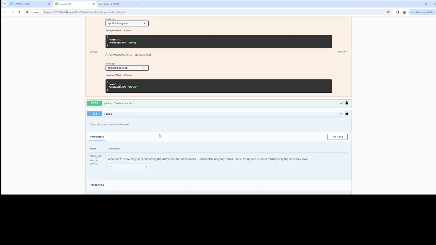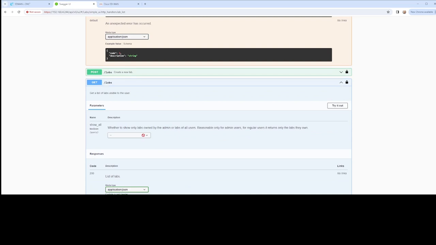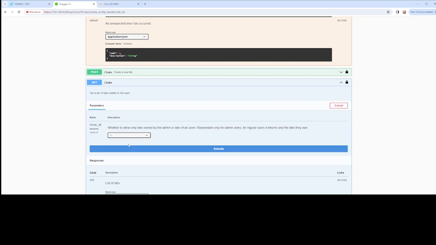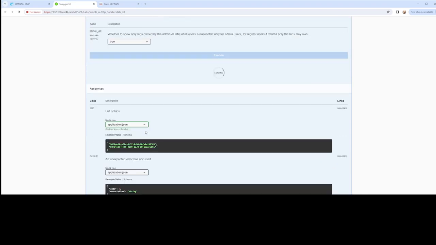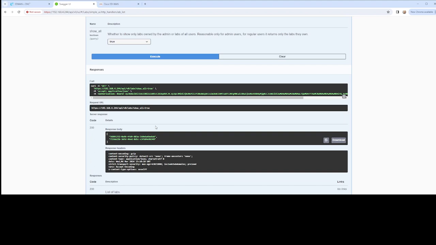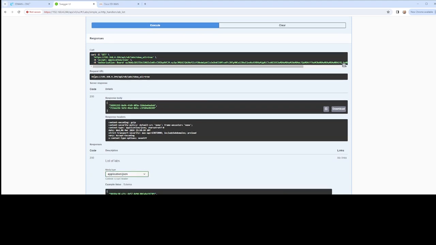Get lab, maybe this will give me what I want. Try it out. Better show. So we'll do show all boolean, execute, and see. That will give me a list of labs. Perfect. Okay. And then this is the command. They give you the command, so you can write your Python code using this. You can copy it, and this is the API. This is the extension that you'll use, right, to get this information. Our lab might be this one, right? So I'll copy that,